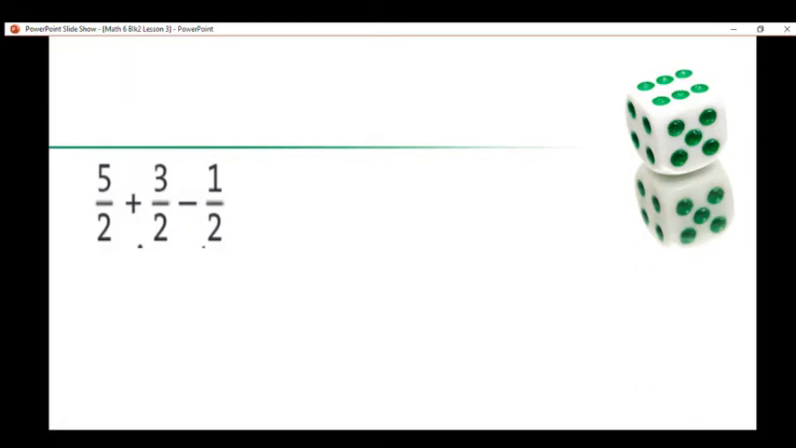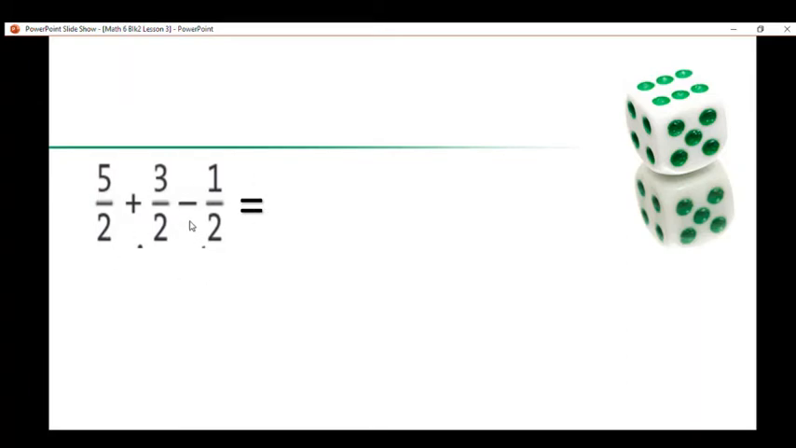You can see on the screen that we have two operations in one equation. We have the fractions 5 over 2 plus 3 over 2 minus 1 half. What would be the answer? As you can observe on our denominators,